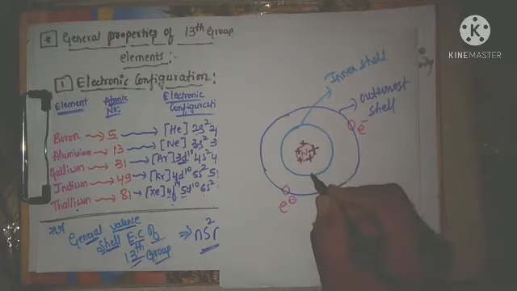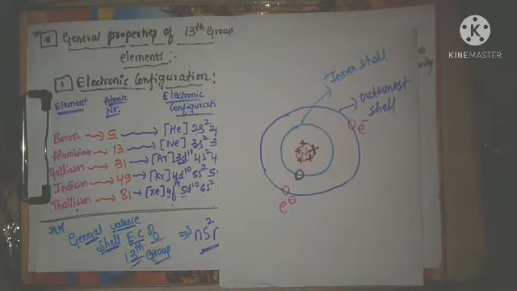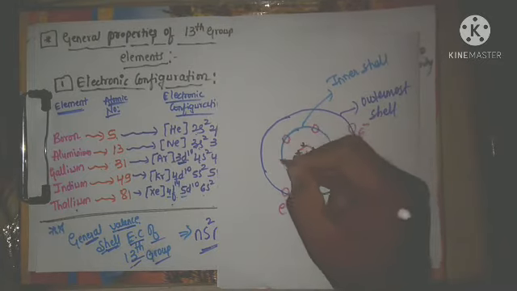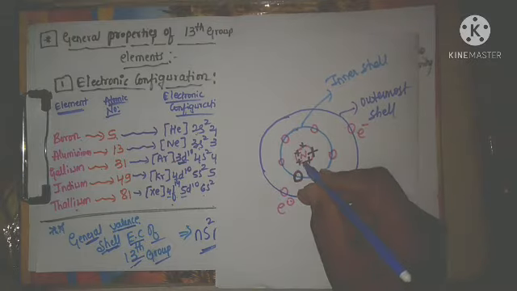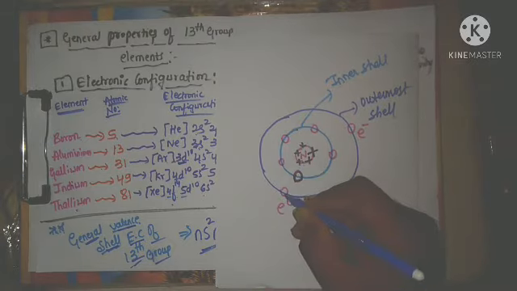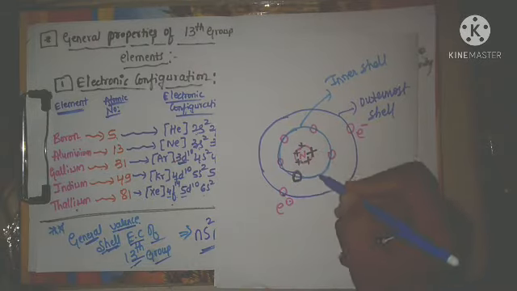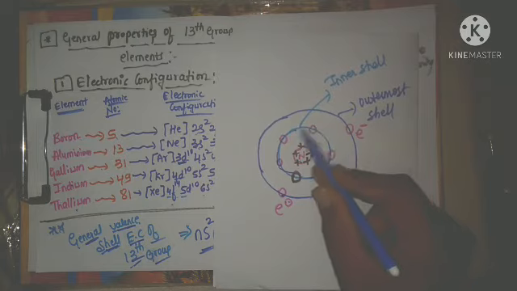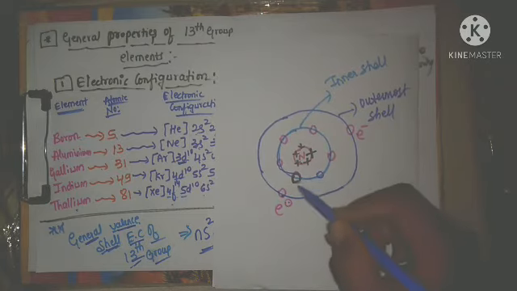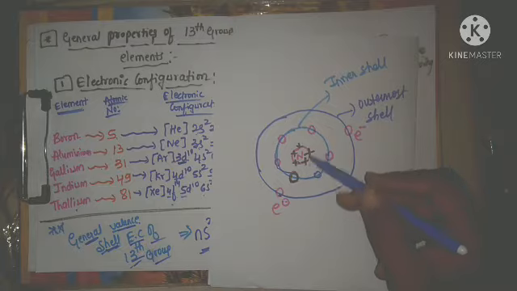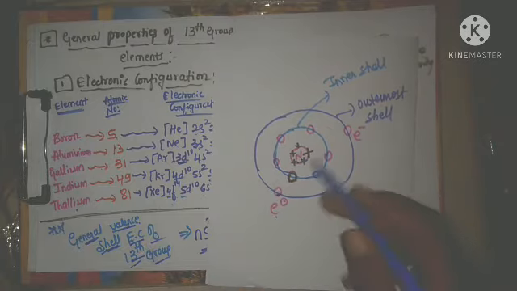The electrons which are present in the inner shell, here it is, I will write electron here. They decrease the attraction of the nucleus towards the valence shell electrons. Means the electrons which are present in the inner shell, the electrons 1, 2, 3, 4, 5, 6. I took 6 electrons. The electrons which are present in the inner shell will decrease what? The attraction of the nucleus towards the valence shell.